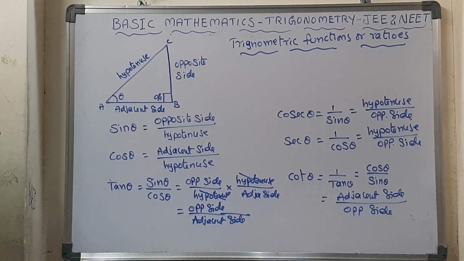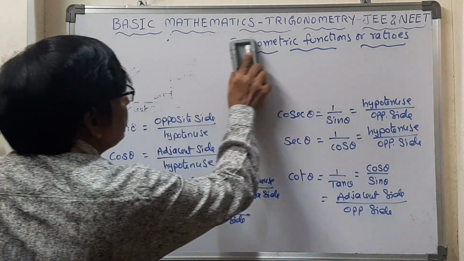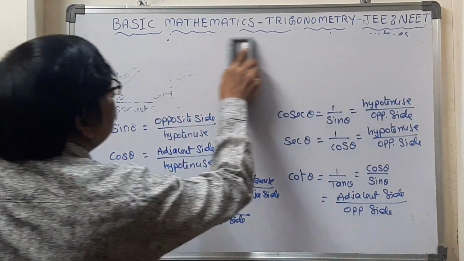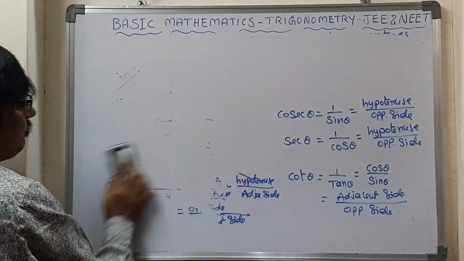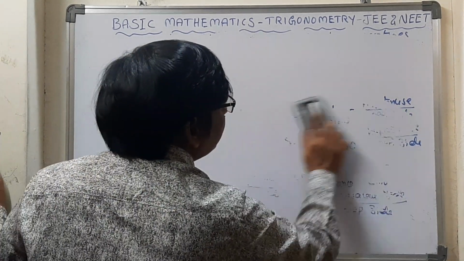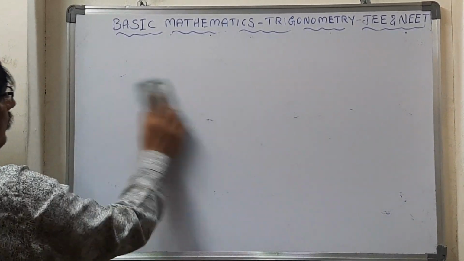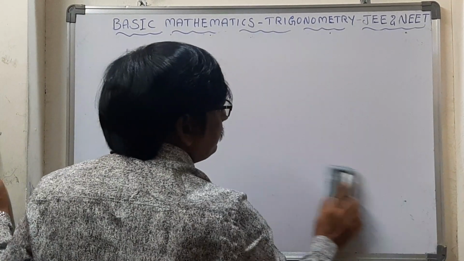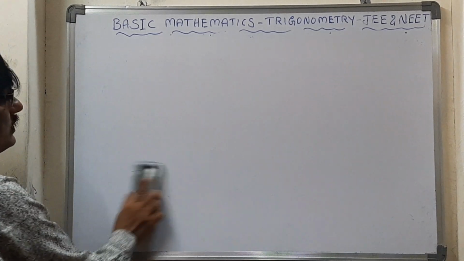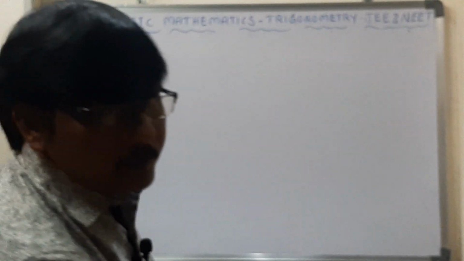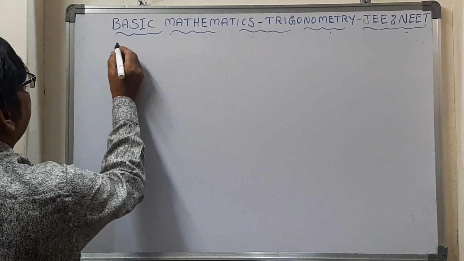Okay, right. So the next one is, JEE students will anyhow get this, but NEET students must focus on this one, because maths is not there as a subject for you, so you have to focus. NEET students must focus on this one. So the next one is trigonometric identities.